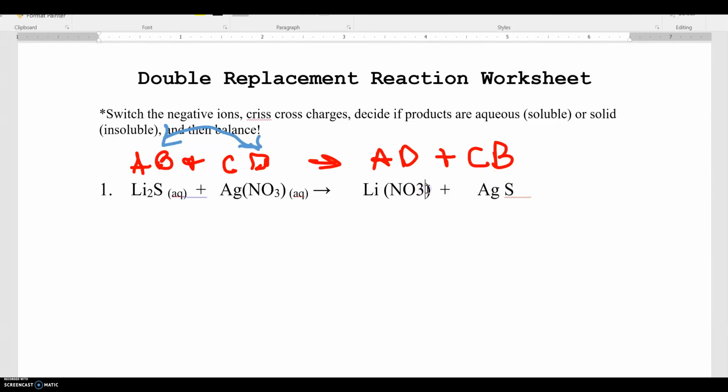we have the right number of atoms in our formulas. And how do we know that? That's this thing over here called the crisscross rule. So in the crisscross rule, we're going to crisscross the charges just like they said. And so what we're going to do is, so lithium,